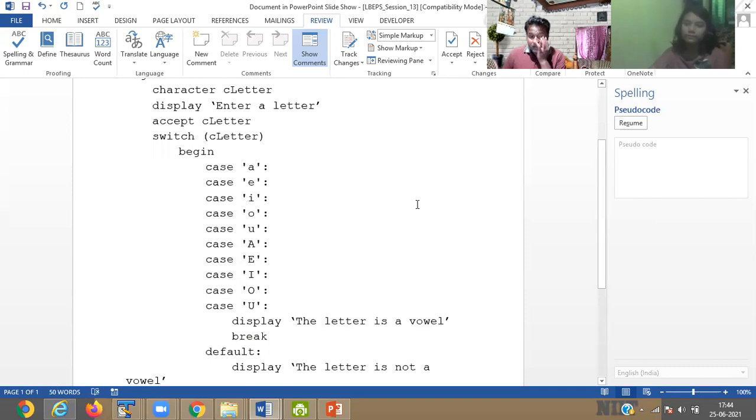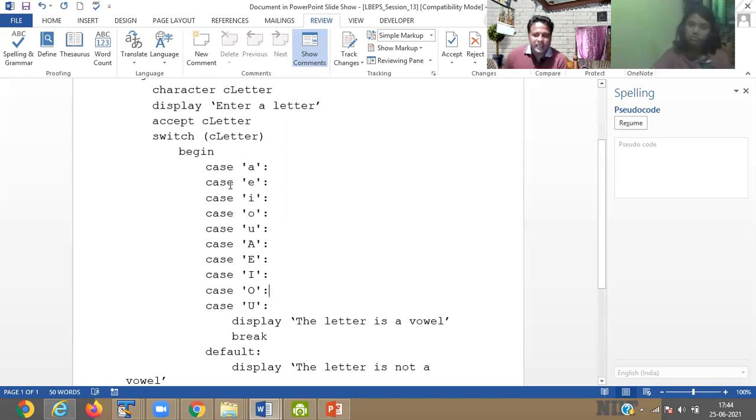A, E, I, O, U you know is a vowel, but the user can give it in capital or small. So we pass case A, small a, case E, I, O, U, capital A, E, I, O, U. But here you found one difference.